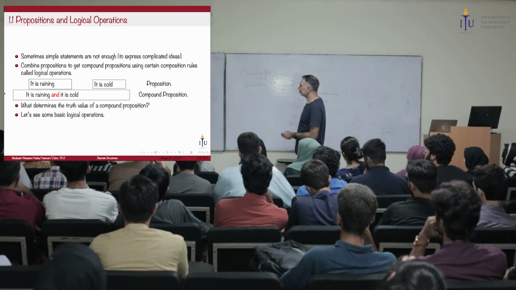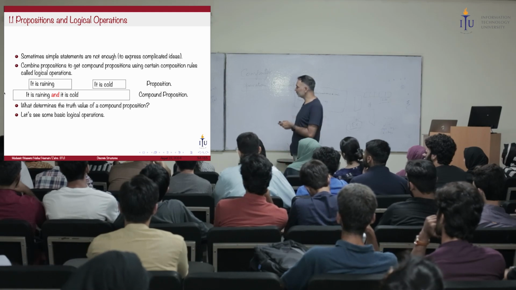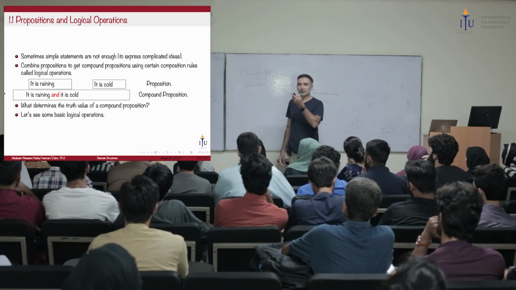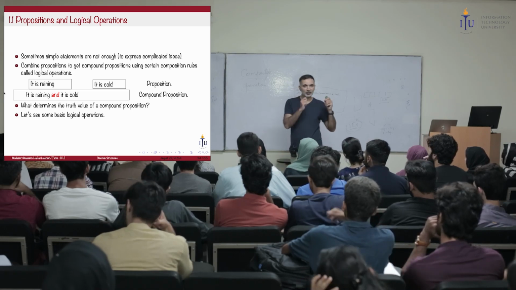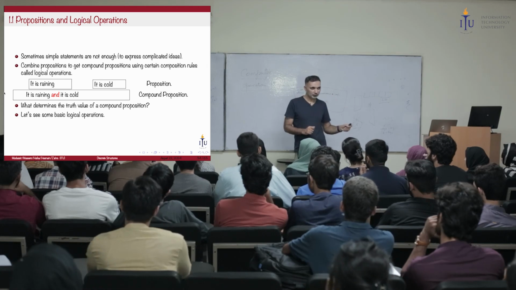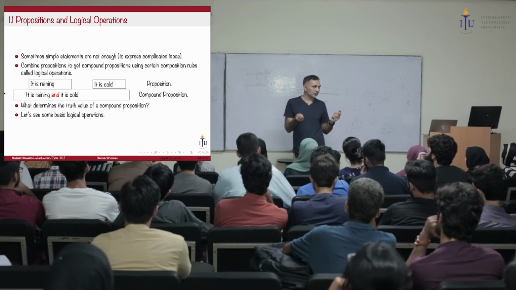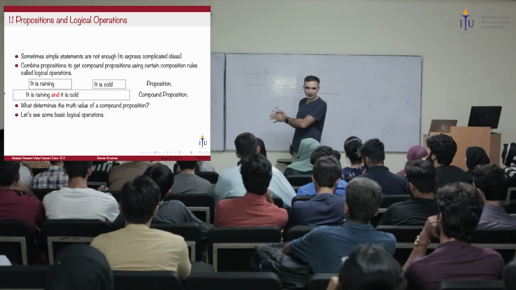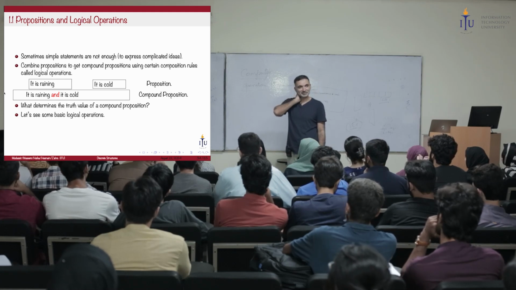Okay, what determines the truth value of this compound proposition? So there are a set of rules which define what is the truth value of the compound proposition based on the truth value of the original propositions. Okay, so what that says is that if you know the truth value of the original statements, you must be able to figure out the truth value of the compound proposition. Okay, are you with me? Yes. Okay,